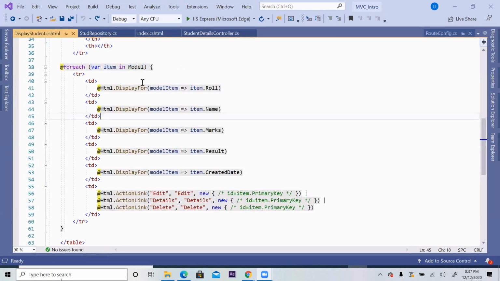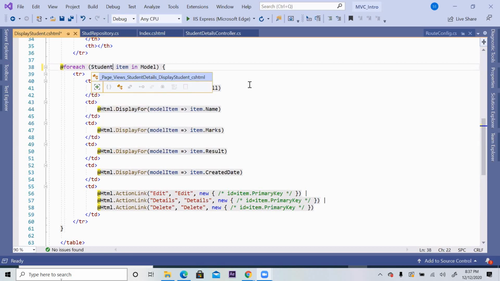So capital M Model indicates any content that came from controller to view. That content is nothing but a list. So I used var item. I can use student also, no problem.